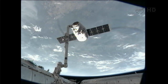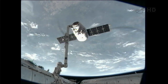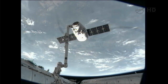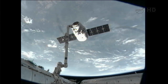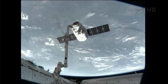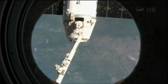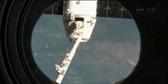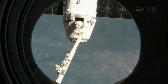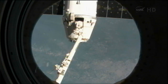Space station and Dragon now 263 miles above South America, passing over Bolivia, heading up toward the northeast. Things are fairly quiet right now, but they're about to get pretty busy in the next several minutes. The ground teams are continuing to work through their procedures to make sure that everything is set up for the crew to release Dragon. Our release time still scheduled for 8:26 a.m. Central Time. There's talk that that may happen just a few minutes early if the crew is ready to go,